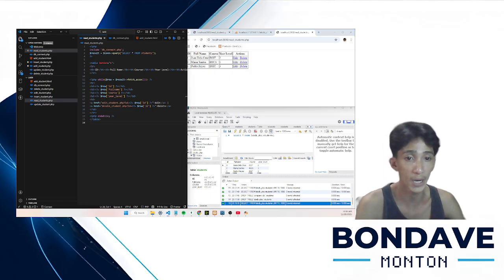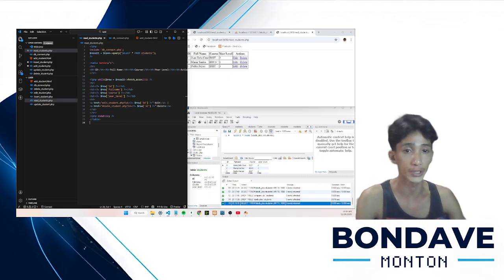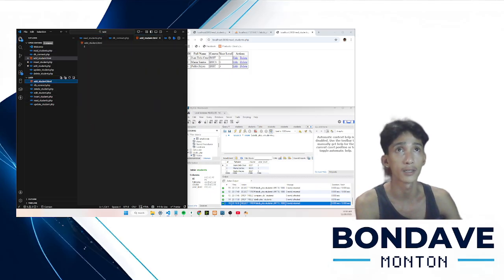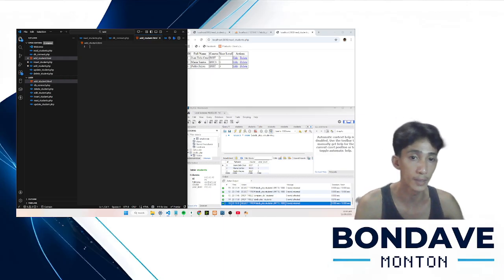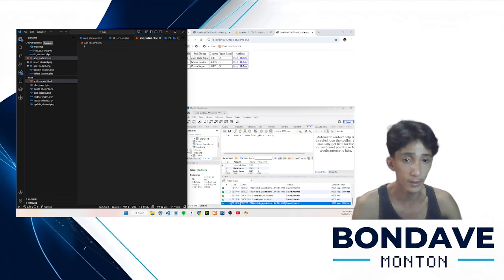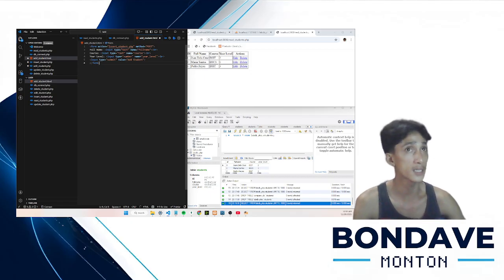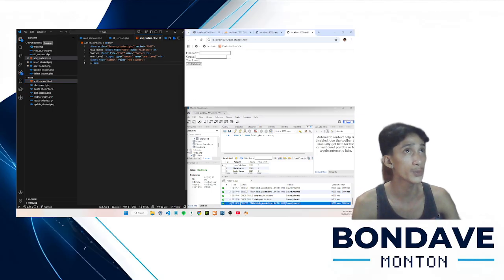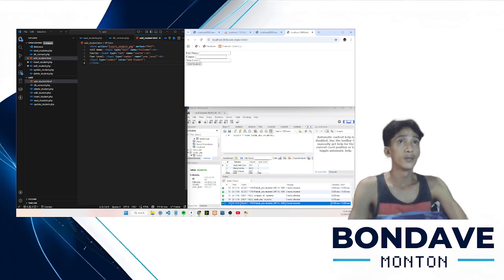Next part is the insert operation. In the insert operation, you have to create a file named add student, which is here. This is the HTML. I've already created the code. Just paste it here, and here it is. I just control S to save, then open the browser to see the results.